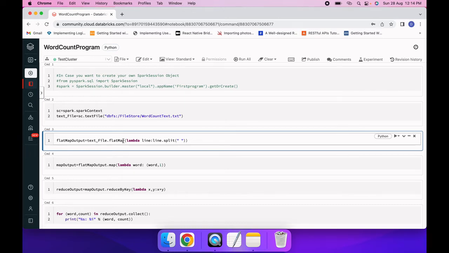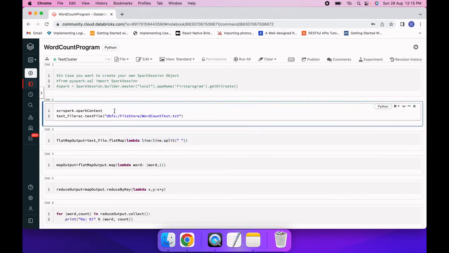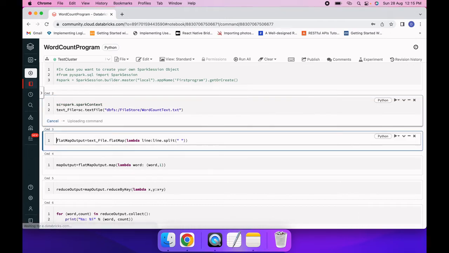and on that text file I am going to use flatMap operations. Basically, the flatMap operation applies a given function to each element of the RDD, and it returns a new RDD. Here the given function uses space as a delimiter, applies this function to each element of the RDD, and the output will also be flattened. So if I run the first cell,